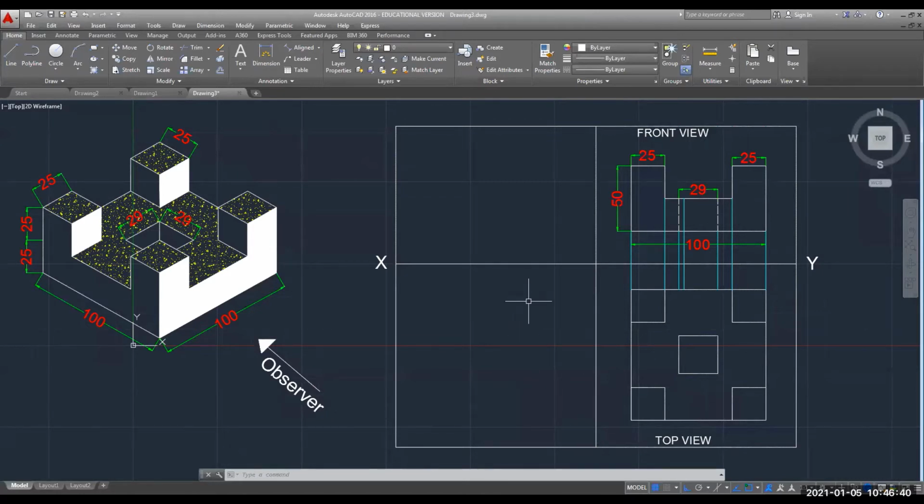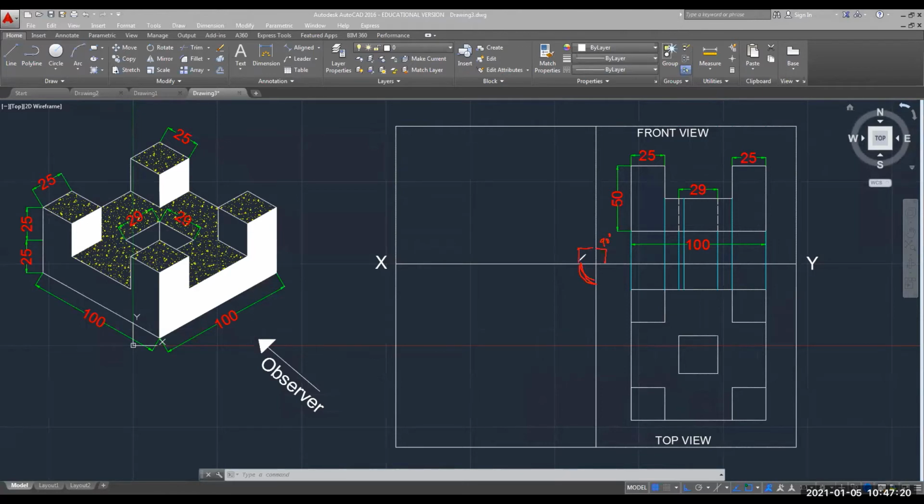For drawing the side view, as you all know, we need to draw the X lines. For that, first I will draw a line that is bisecting this angle. So can you tell me how to draw that line? I will tell you what I want to draw. I want to draw a line which is going to bisect this angle. Okay. So you know that this is 90 degree.